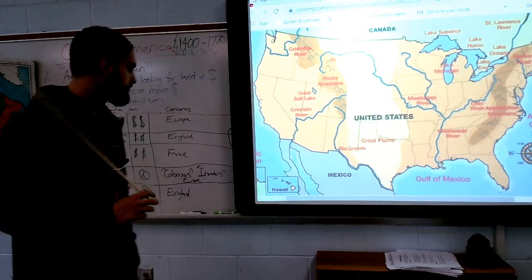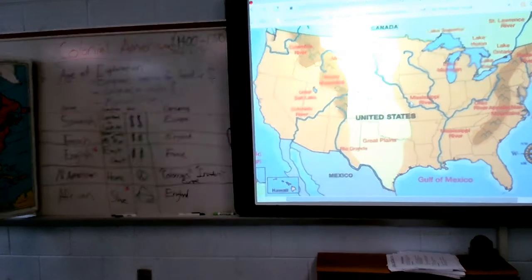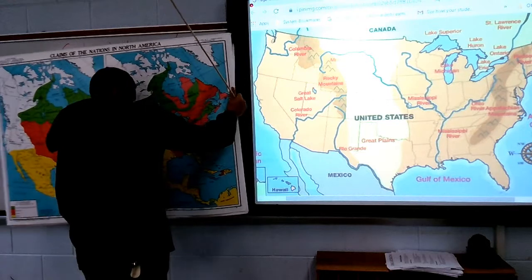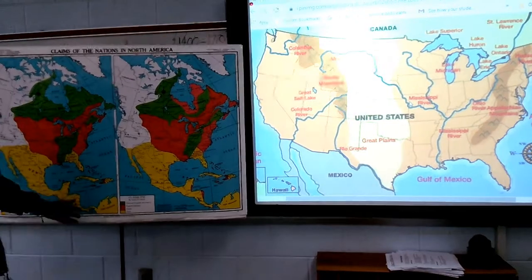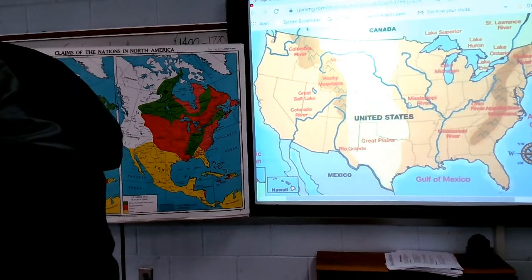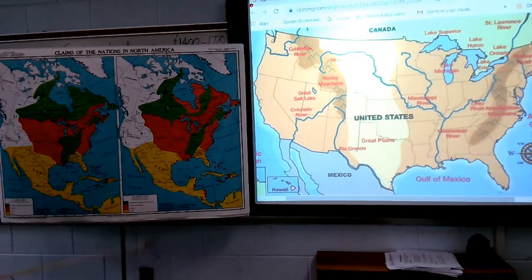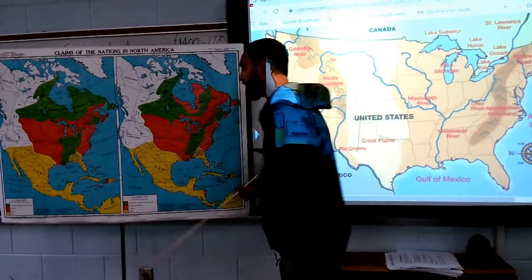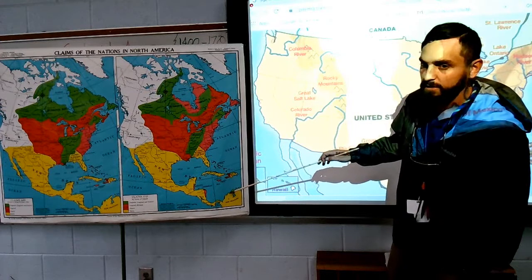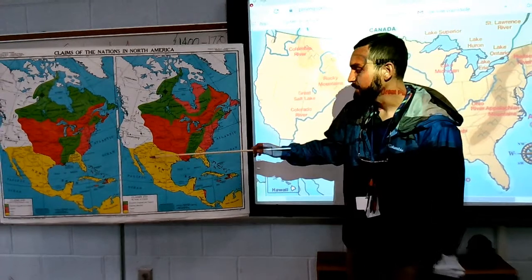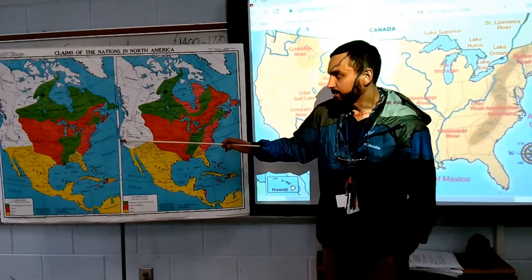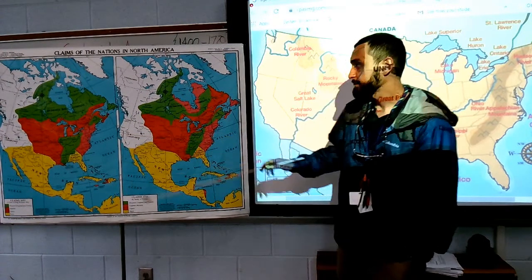We'll talk about that. But just to recap this first lesson, I love my maps. Sorry, I'm a history guy. I love my maps. Hopefully you can see this map a lot better, with a little bit more detail. What you'll have is Spain. They'll be pretty much colonizing all South America up to Central America, like I said, parts of Florida, and all the way up here to the west coast.